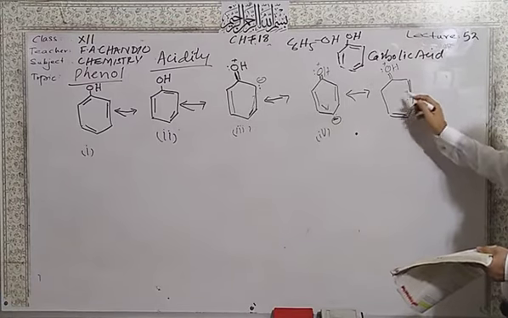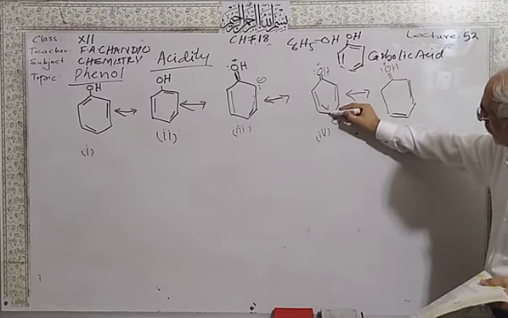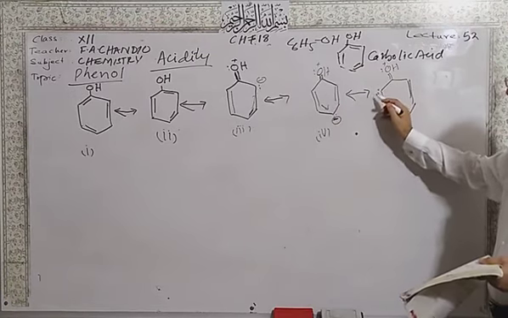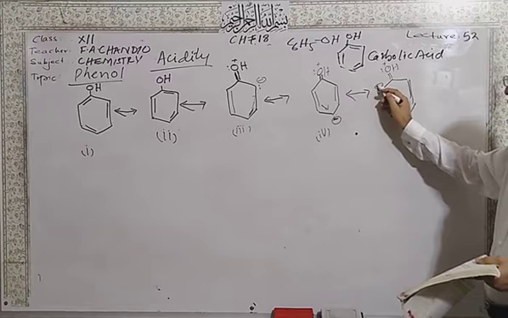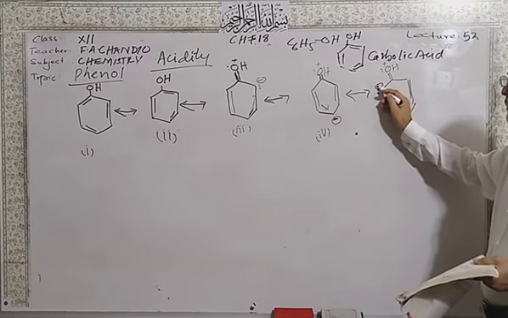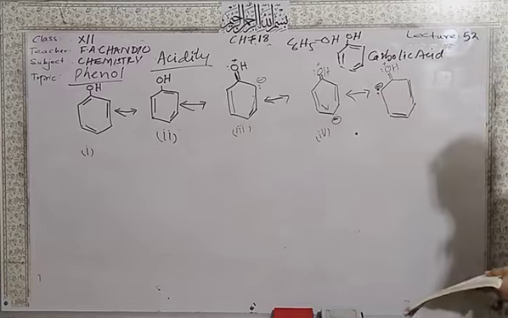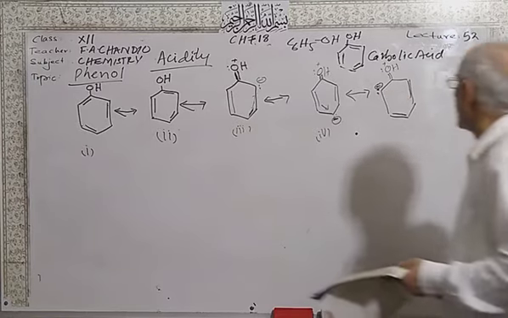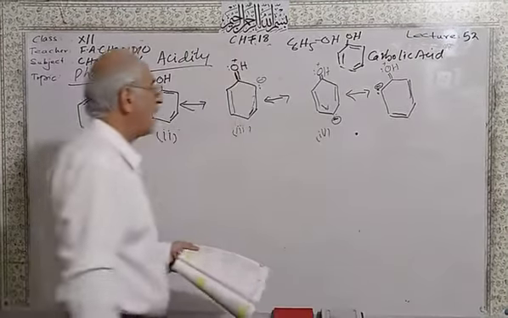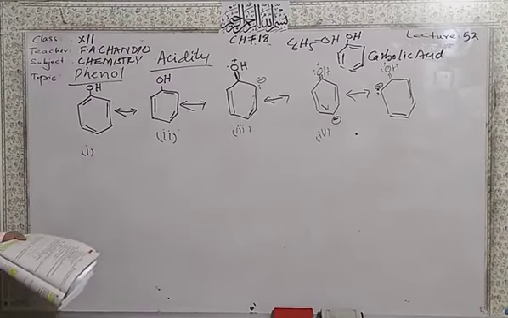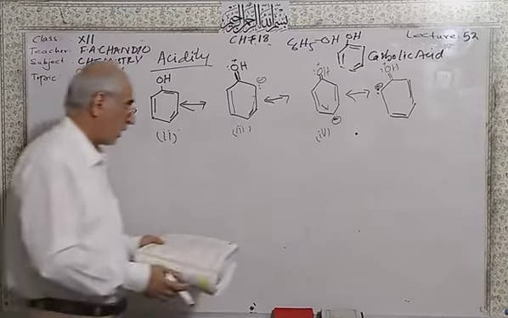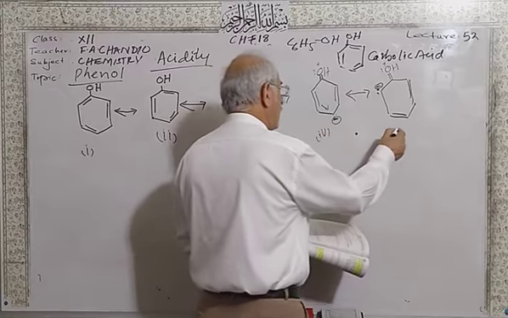There is already a bond here, and this bond is going to be shifted here. There is another position. Like this one. So this is another phenol. We have the unpaired electrons. So there are 5 different